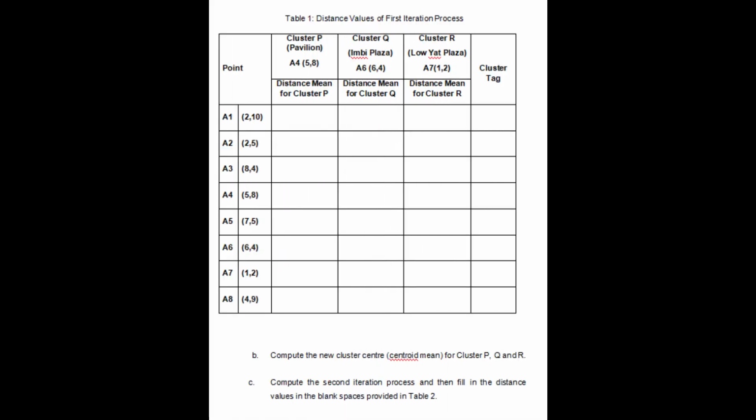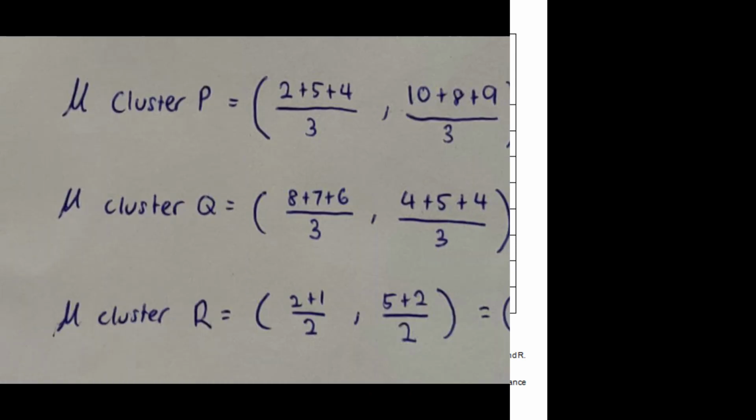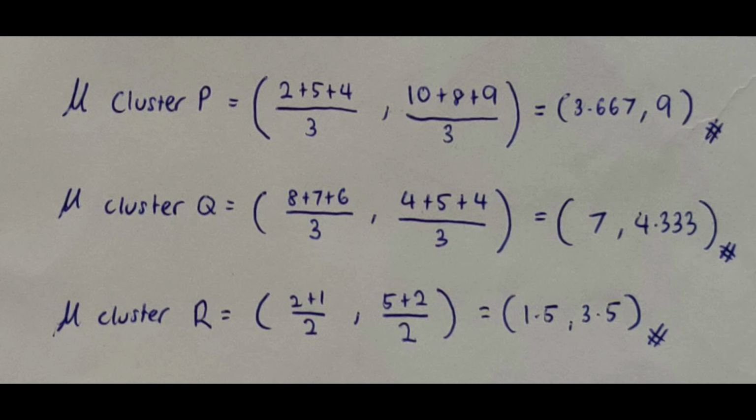For question B, compute the new cluster center centroid mean for cluster P, Q and R. Okay, so to calculate the centroid mean for cluster P, for x-axis 2 plus 5 plus 4 divided by 3, and for y-axis 10 plus 8 plus 9 divided by 3. So the new cluster center for cluster P is (3.667, 9),